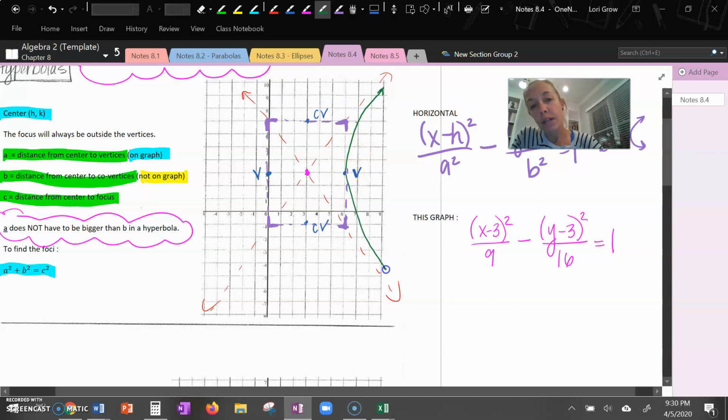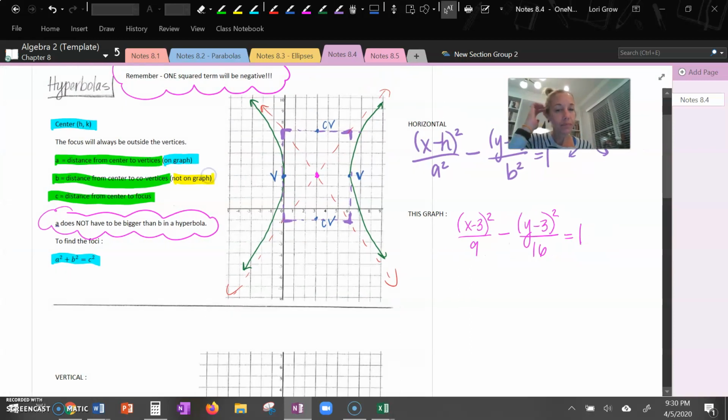You get really close to those dotted lines, but do not cross the dotted lines. And there's your hyperbola. Okay, in order to find the foci, remember the equation is going to be a squared